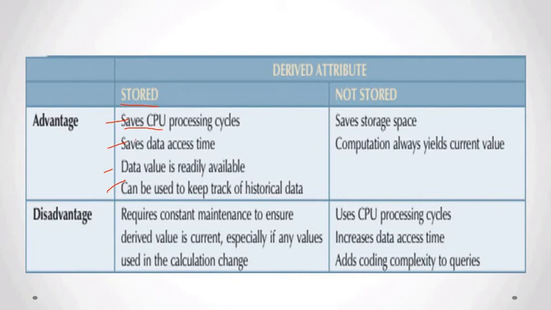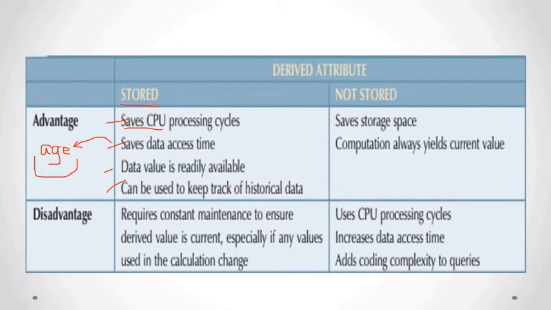Okay, so for example, this attribute, age, is a derived attribute. So why will it save access time if it's stored? Well, if it's stored, then the access is direct. You directly extract the data. So that's the only time spent to get the data. But if you are going to calculate it first,